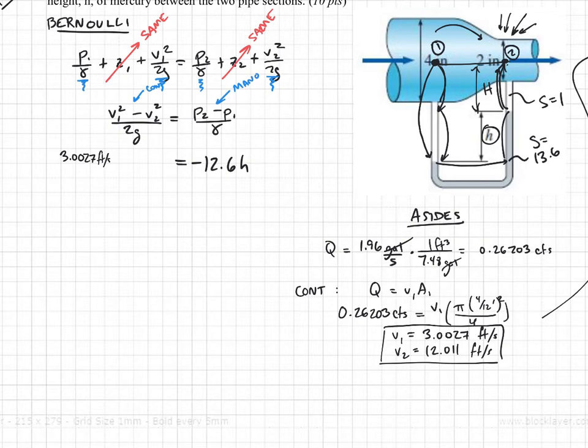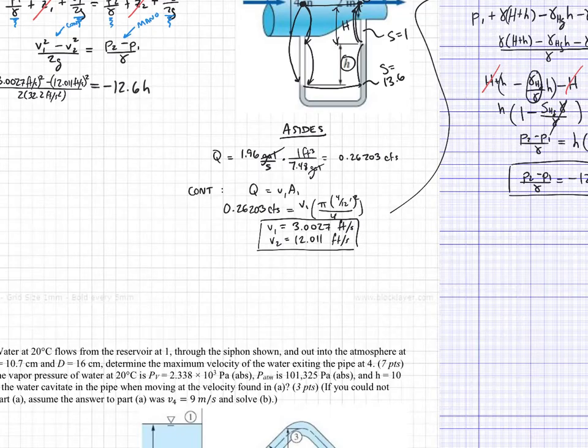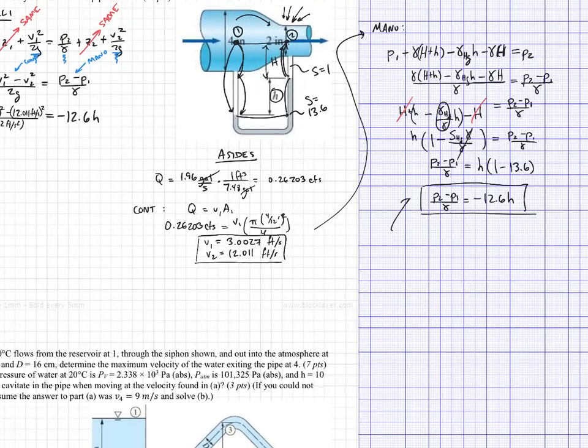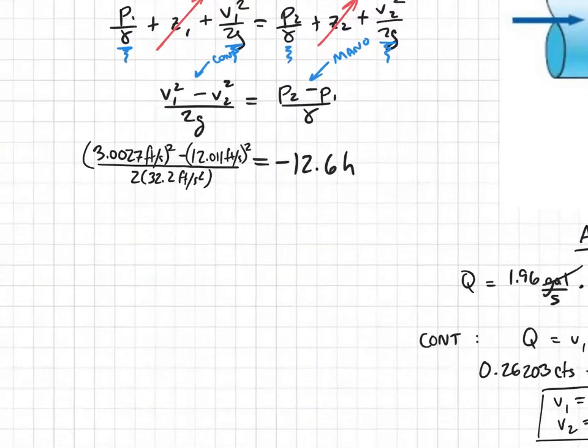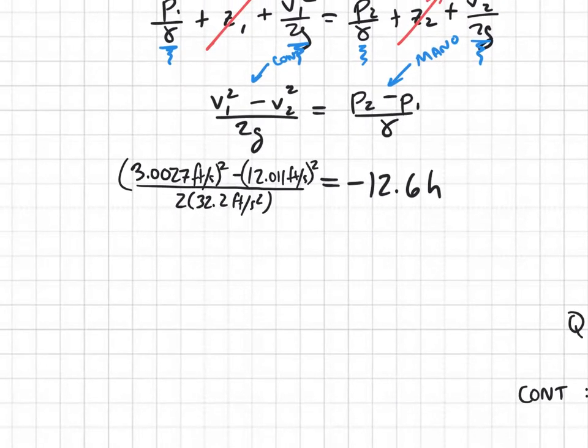All right, I'll have to check my other work. Anyway, so that's going to be squared minus V2, which is 12.011 feet per second squared, all divided by 2 times gravity, which is 32.2 feet per second squared. I didn't use anything specific over here, so this still holds. Okay, good. So if we stare at this, we just need to solve this. And notice those negative signs are going to cancel because this side is going to be negative. And I'm going to get H equals